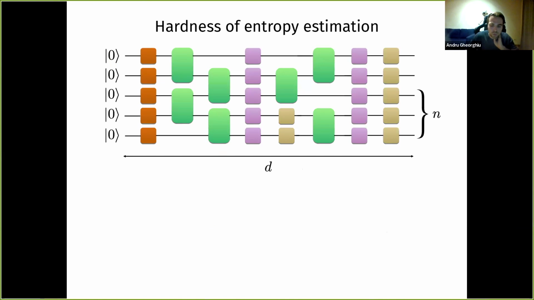To answer this question, we need to make a very important distinction here, which is to also consider the depth of this circuit. Intuitively, the depth is important because the deeper your circuit is, the easier it is to scramble information and make this entropy estimation task harder. So the depth of the circuit is a very important metric that one should consider along with the circuit itself. First, let's look at the general case where you just have some arbitrary polynomial-size quantum circuit, so it also has polynomial depth.